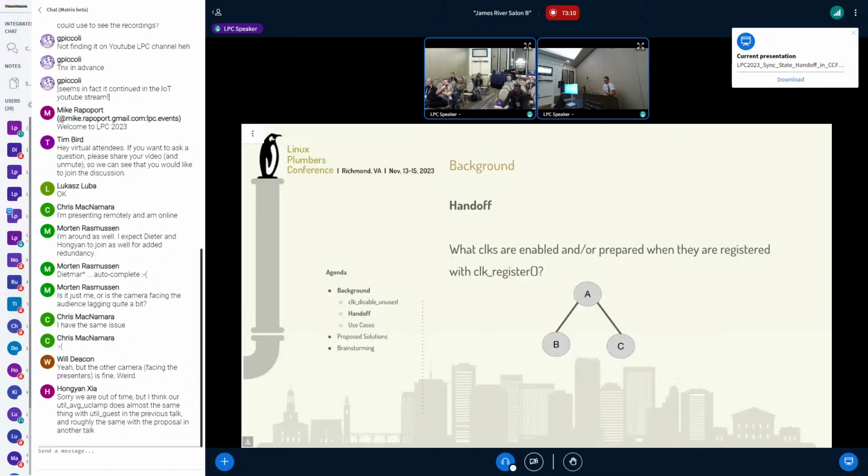So the other problem that we have in the clock framework that basically no one really talks about, unless this topic comes up, is that we don't really know if a clock is enabled when it's registered. We just completely ignore it. The clock framework tries to cache as much stuff as it possibly can so that it can make things faster, which I don't know if it really is faster. But anyway, we don't even know if it's enabled when someone calls clock enable on it, and so we may actually write the hardware again to enable it.